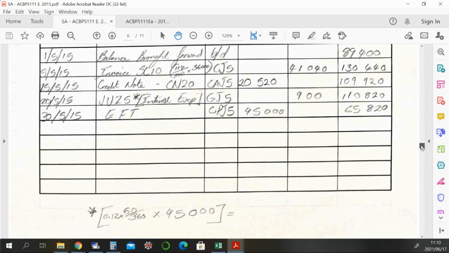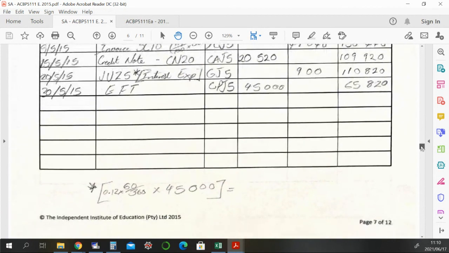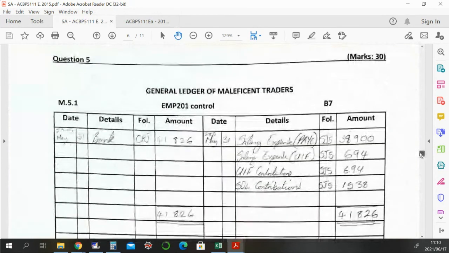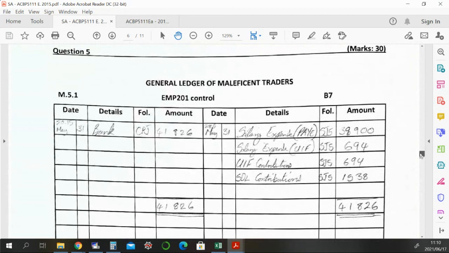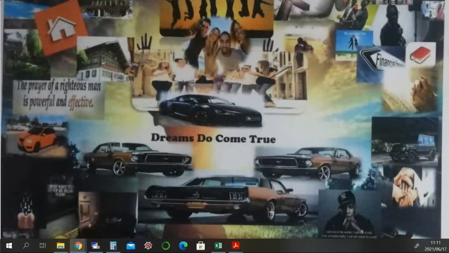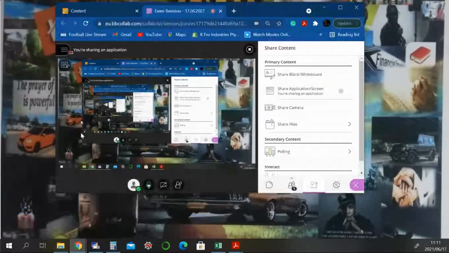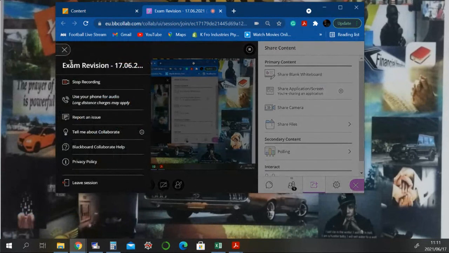What's the time now? It's 10 past 11. Okay, cool. Let's park it there for now. And then when we get back, we'll jump into question 5 for 2015. We'll try and finish all of the questions. I think maybe question 1 we might not touch on because that one's just theory, but hopefully we can at least